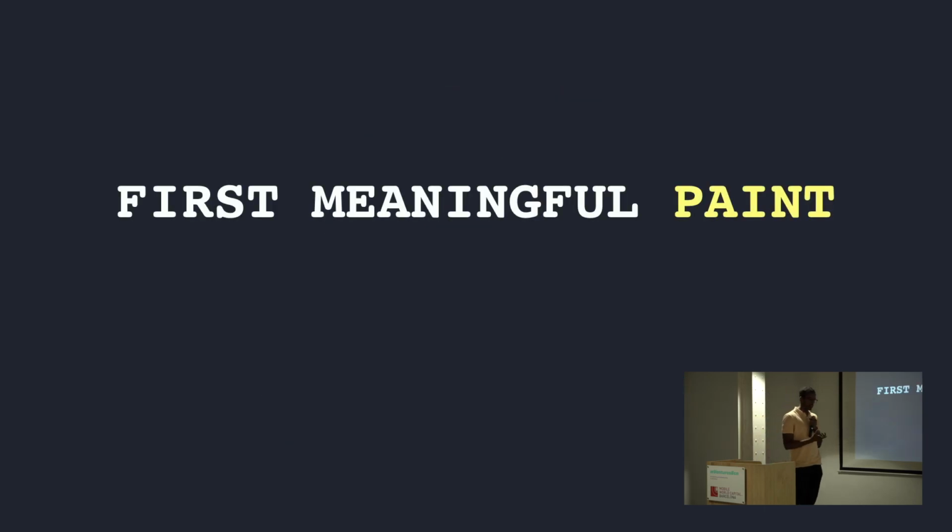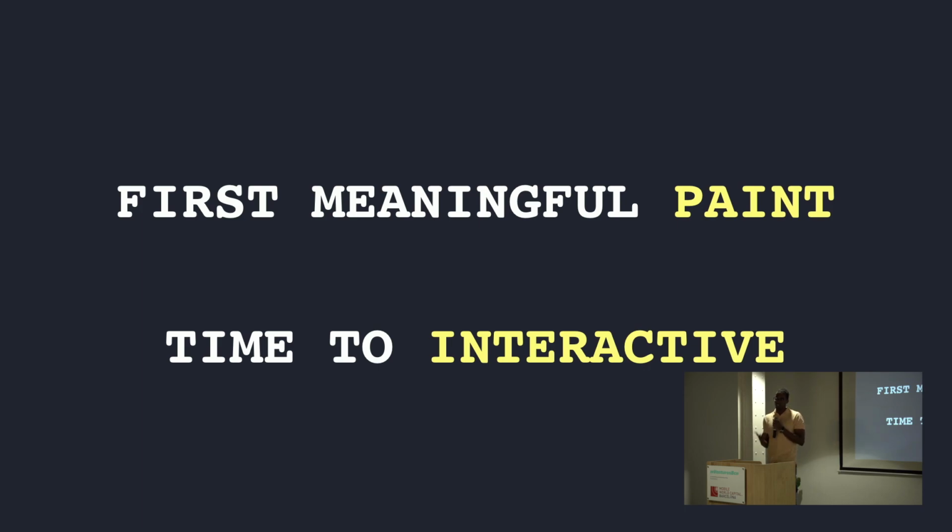So when you're thinking of fast load times, the way I like to think of it is there's really two very important things that you want to consider. The very first one being first meaningful paint. And that's essentially the amount of time it takes for the user to see meaningful content on the application. The next one is time to interactive. It's essentially how long it takes for the user to be able to interact with your app when your JavaScript